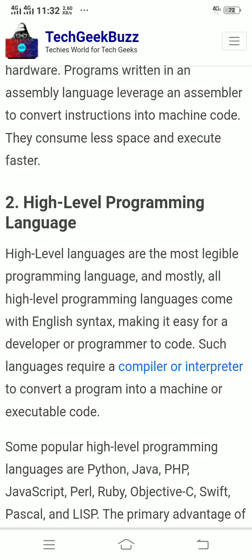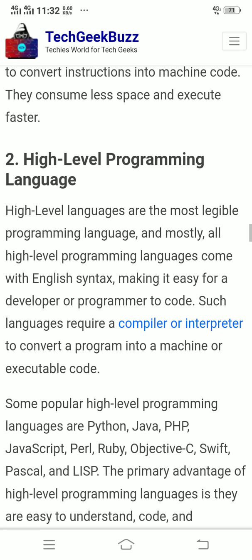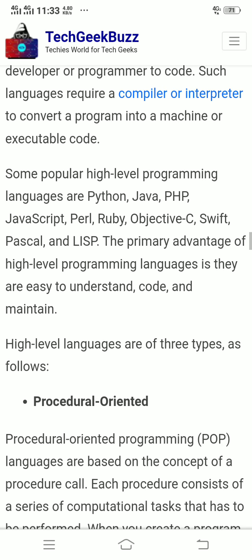So these are, I think, 8 or 9 main types, but today there are hundreds of languages, and some other types of languages. These all are high level languages. High level languages are of three types, as follows: